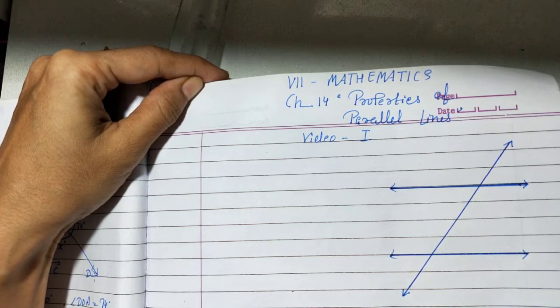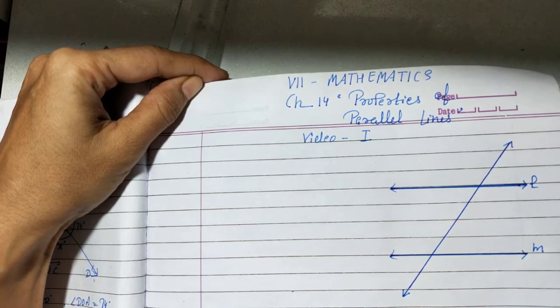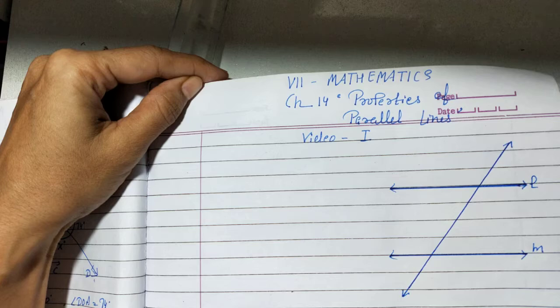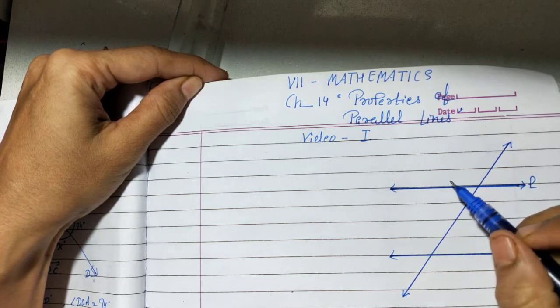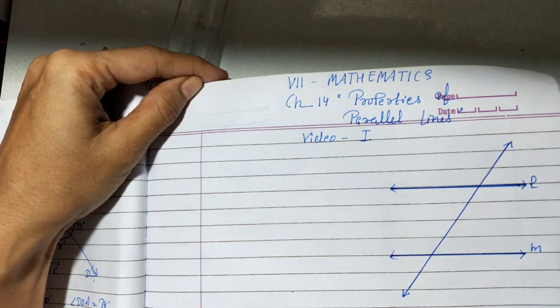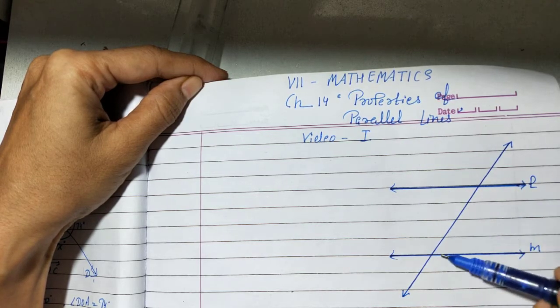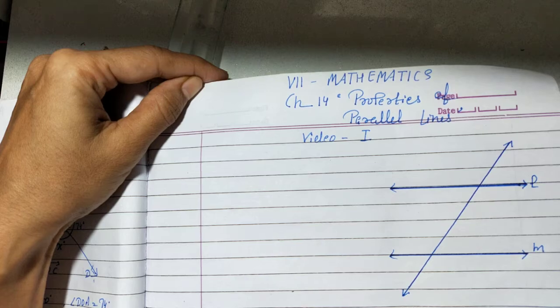Two lines L and M are said to be parallel if they are in the same plane and do not intersect. However far they are extended, the perpendicular distance between the two lines remains the same, then they are said to be parallel lines. Getting, class? Now you are already aware about a transversal also.